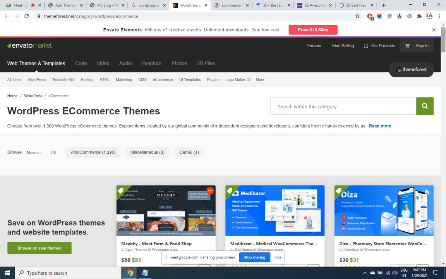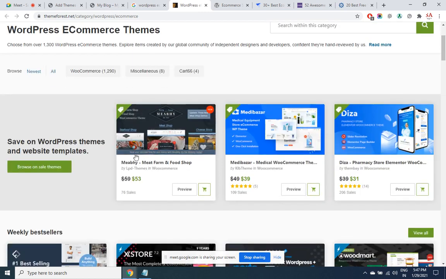Each of them have got their own collection. Now here this theme meant for meat farm food shop, $53 only. Pharmacy, online e-commerce pharmacy site like medplus.com, Medibazaar. These are the latest themes.